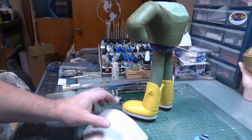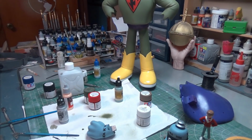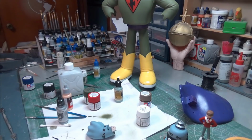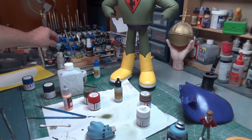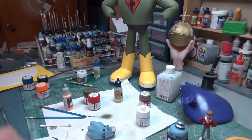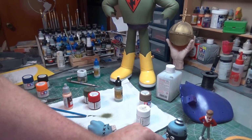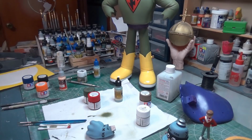Okay, continuing painting on Frankenstein Jr. and I get to the point where I'm getting to colors that you really couldn't do in animation. Now, yes, you could paint these colors on the animated cells, but they wouldn't show up correctly on your television, and that is gold and silver. They would have used a brown and a gray,